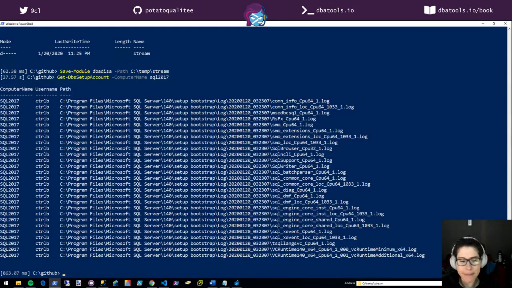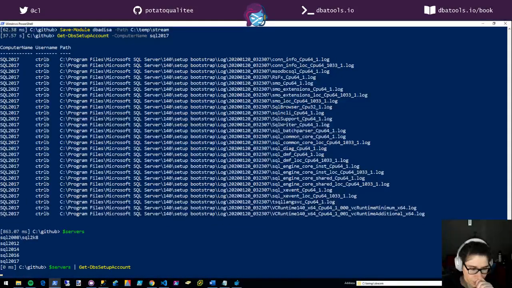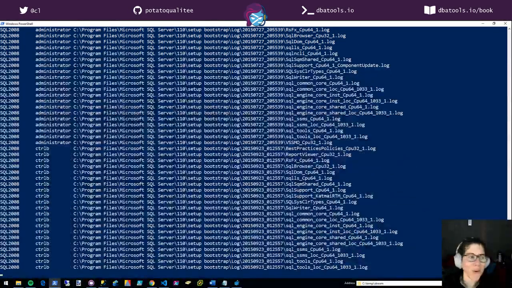At the same time, unless I get this approved by DISA, it doesn't even matter, because they're going to make me log in and do that. So this is really for my management, because what I can do is I could just do servers like that. And then actually, let's try this. I have no idea if it's going to work on a variety of servers. And it does! How cool!